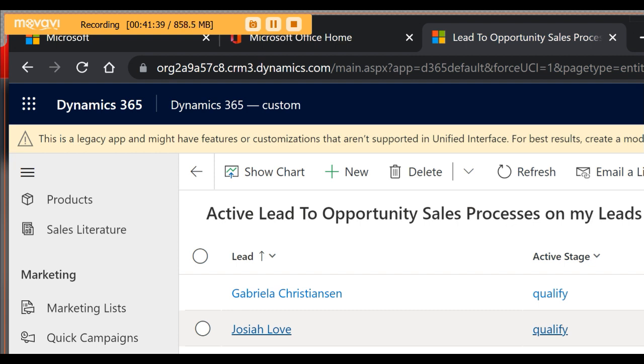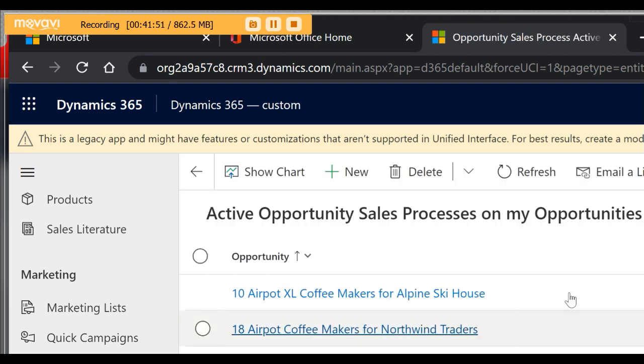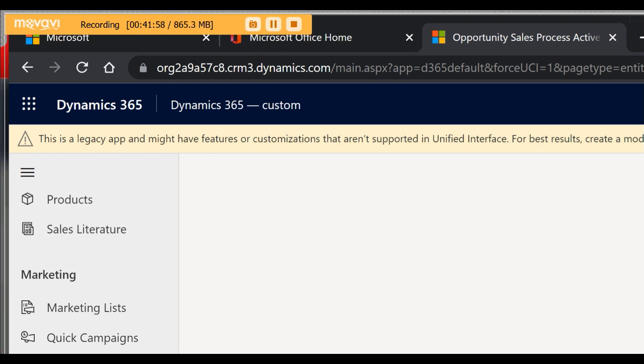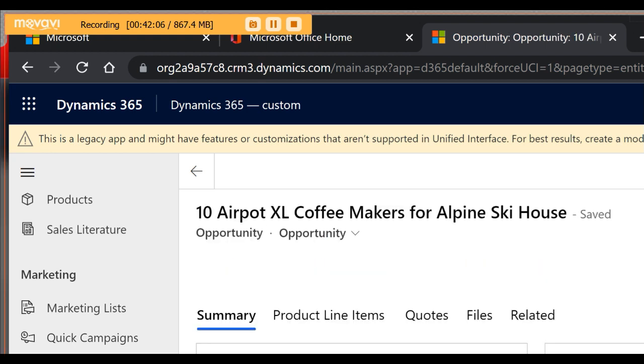And should I say inventory, or more like a history of what has happened, the journey of some of your leads. You also have the opportunity sales process. This you can also check, and you see all the opportunity sales processes for some of these records. Let's see, we'll open one of them. So I'm opening up an opportunity, like the journey of that opportunity, how it has gone through